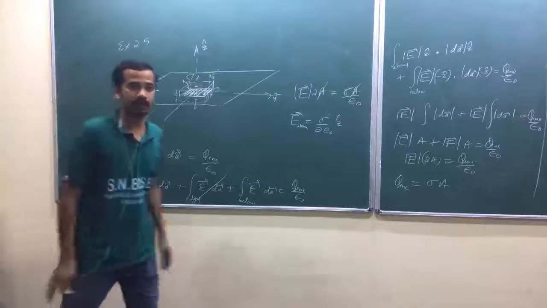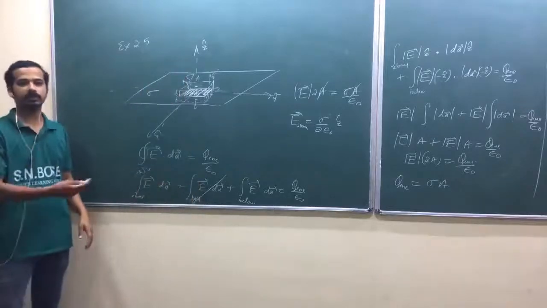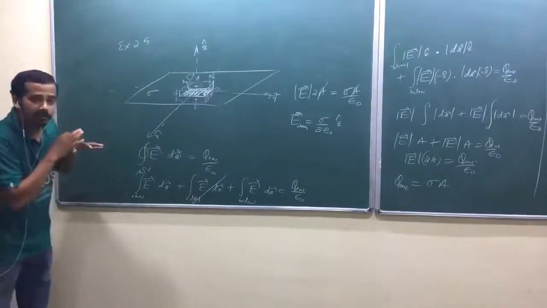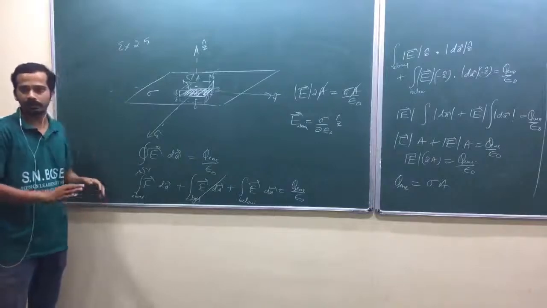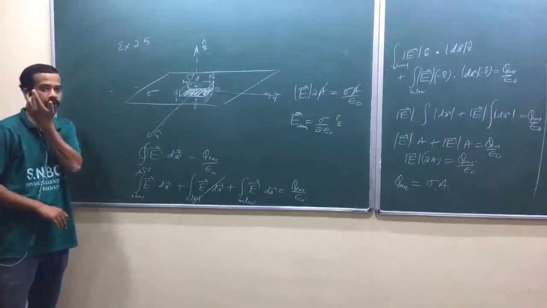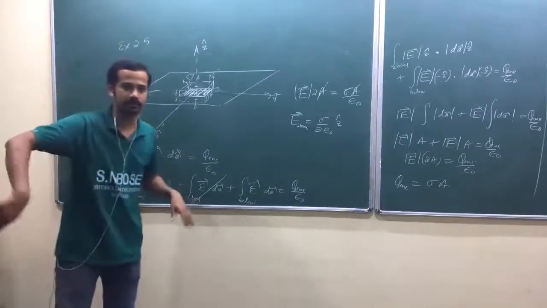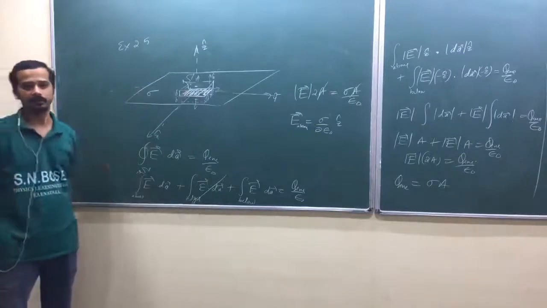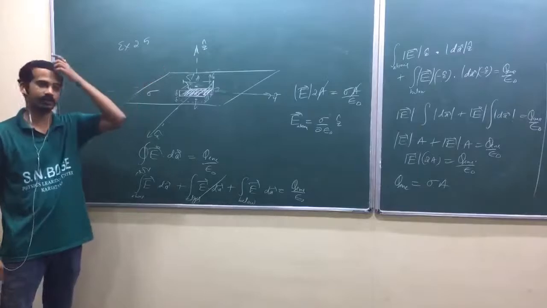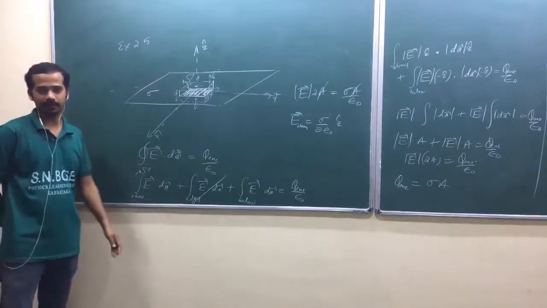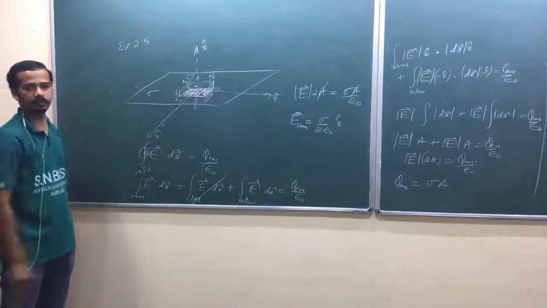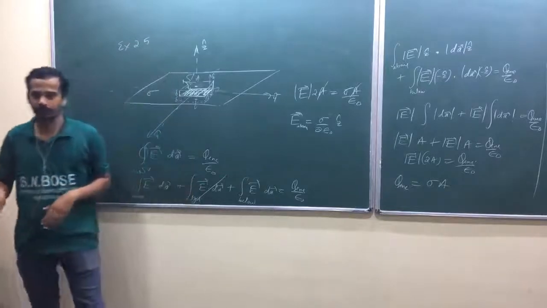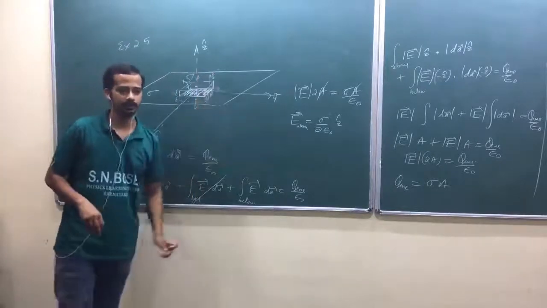Again, you are moving away from the charges, that's okay. But more and more charges are coming into play. I mean, more and more charges will come into your field of view. So just like when you move above the earth, more and more earth region you can see, isn't it? Are you getting my point? So at some height, suppose you can't see some point, that means there will be no effect due to that charge. So imagine like that. When you move away, those charges are going to affect those points. Is that okay? So that's why when you move away, more charges are going to play the role, but you are moving away from the charge distribution.